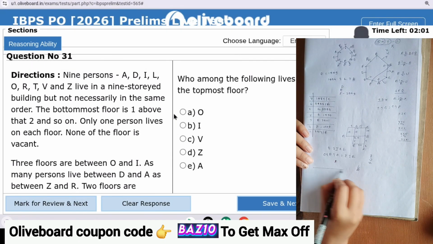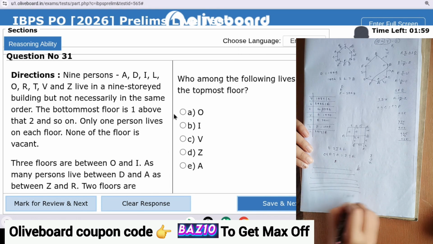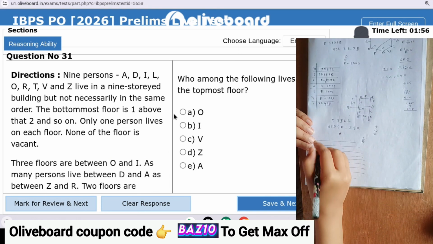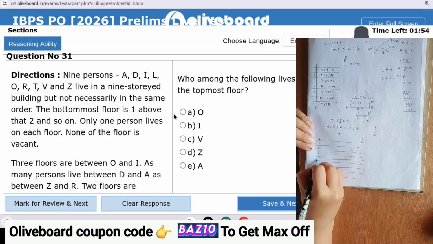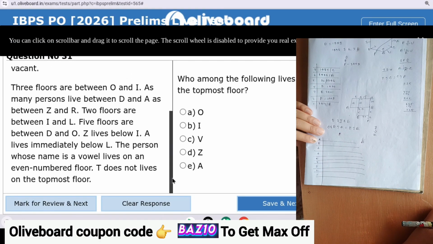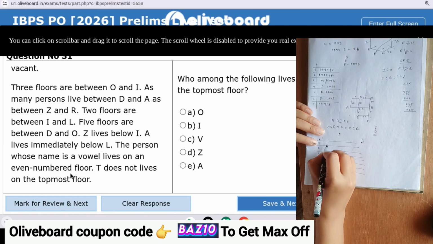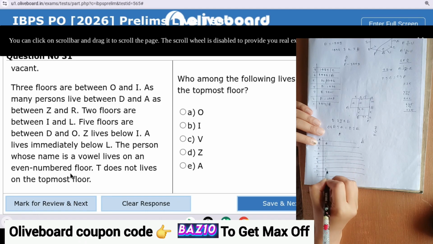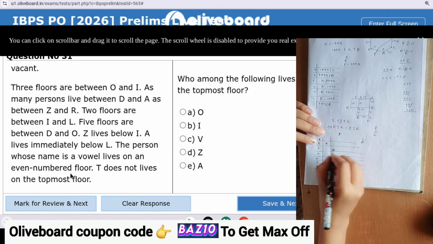So 1 2 3 4 5 6 7 8 9, ঠিক আছে, 9 8 7 6 5 4 3 2 1। বেশ, তাহলে হচ্ছে বলে যে ও the person whose name is Bhavel even number floor। তাহলে এখানে ও 1 2 3 4 5 এটা হচ্ছে D, ঠিক আছে। বেশ, এবার 1 2 3 I।